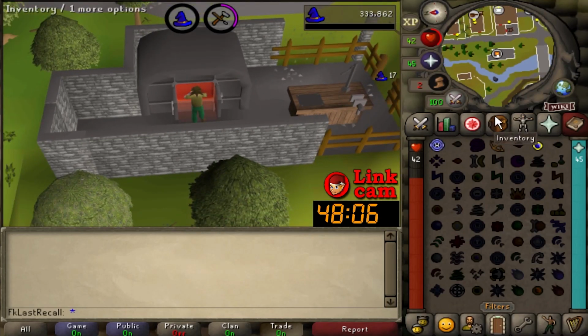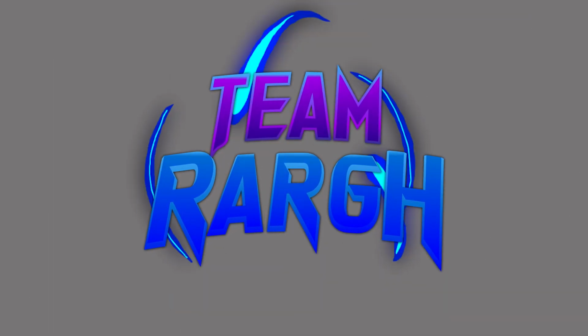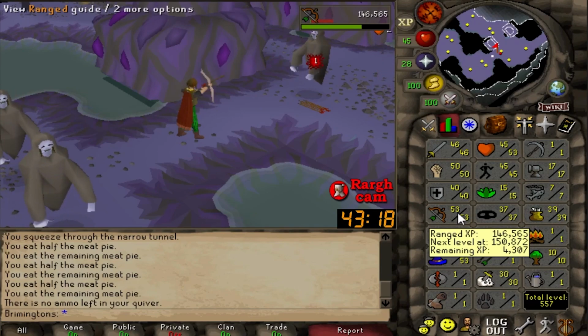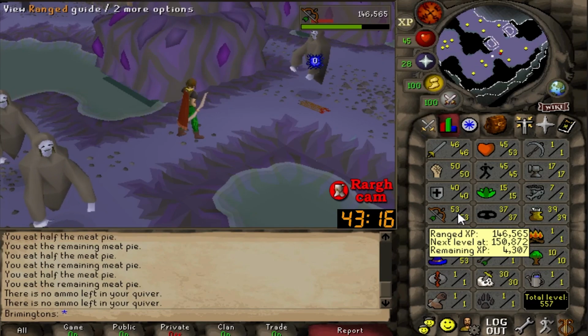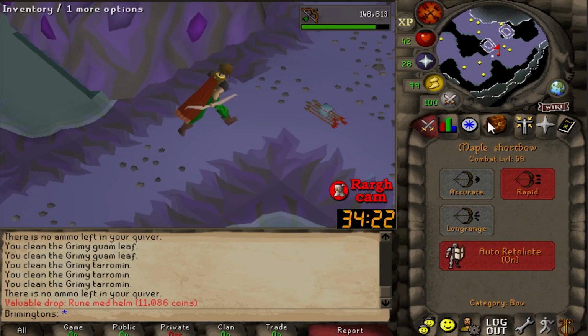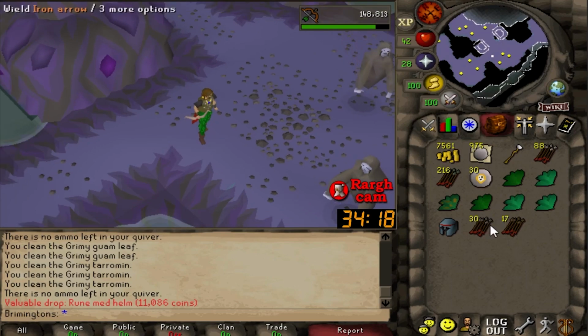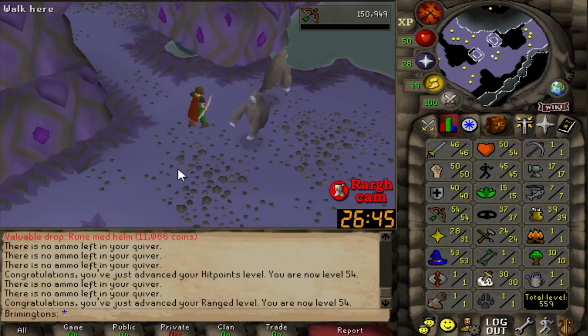Bang. Bang, yes. Let's just say I think a rune crossbow is much easier to get than a dragon scimitar. Much easier to get. Not exactly what I wanted, but a welcome upgrade indeed. So let me snag that. So we just hit